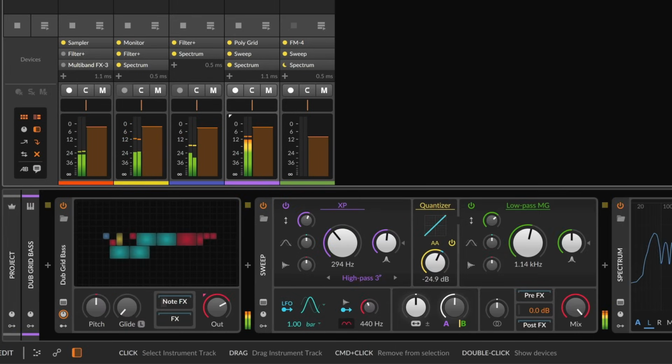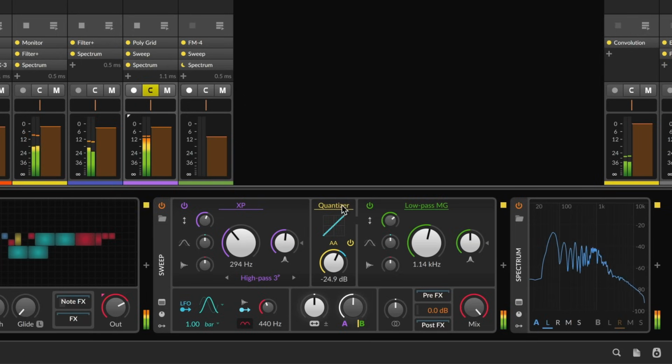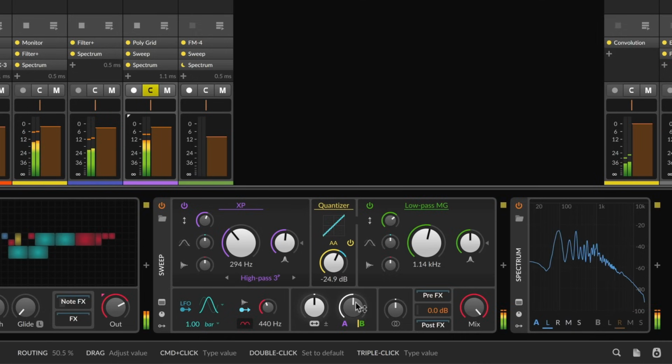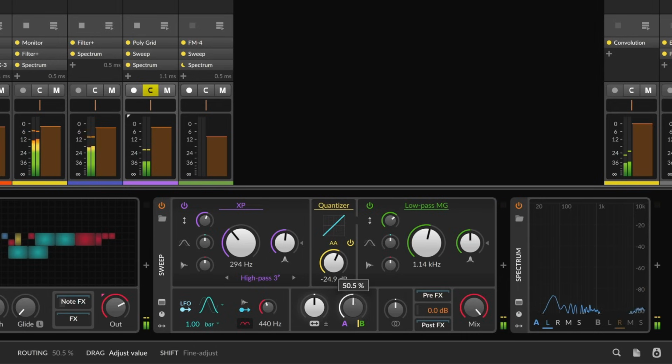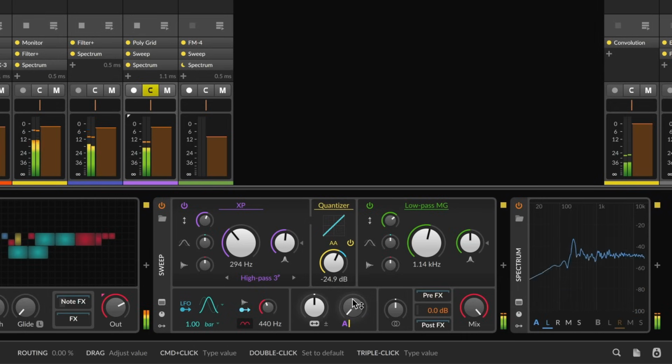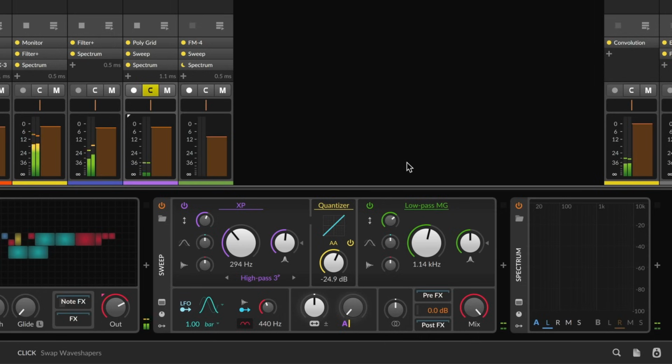And then there is Sweep. Now, once a device has two filter slots as well as a wave shaper, the signal flow is more complicated, and some new controls make a whole lot of sense. Centered in the device is a routing control that, on top of its face, actually shows you what's going on. From the leftmost position, that is straight into filter A, and then the wave shaper and out,